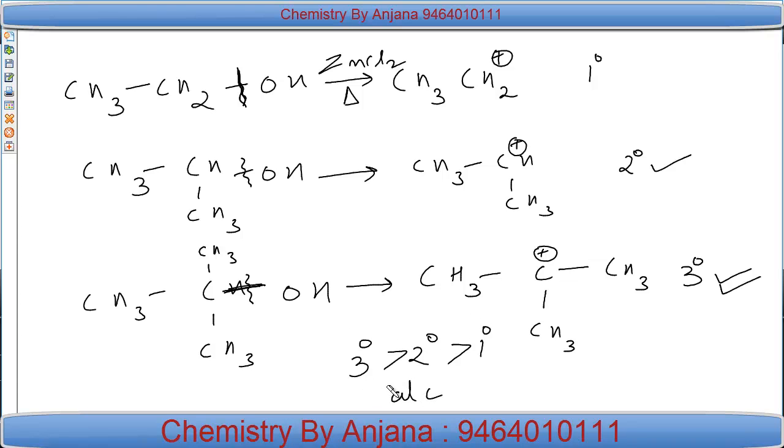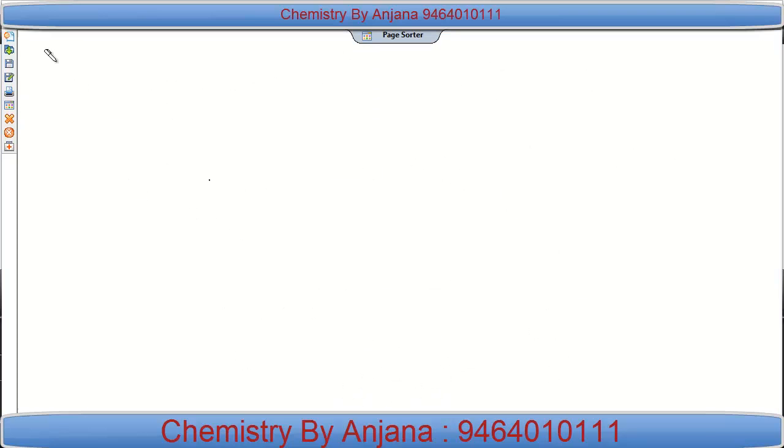So this type of reaction where the C-O bond cleavage is involved is preferred in tertiary alcohols, then secondary, and then primary. Yes. Next method of preparation of alkyl halides from the same alcohols is, if we are taking alcohol, reacting